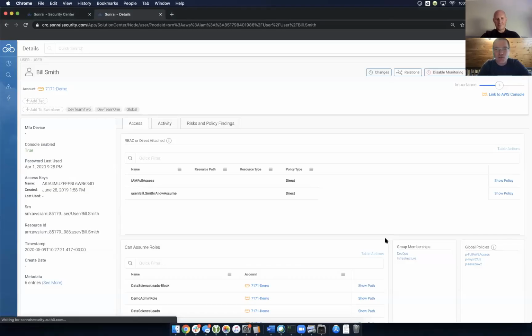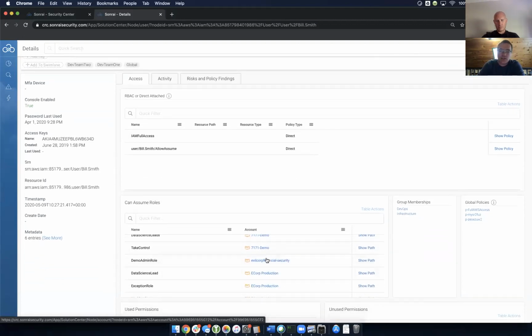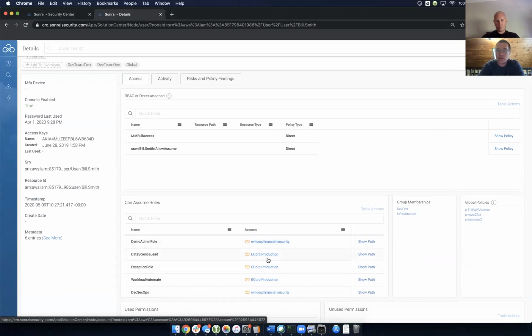Yeah. Again, it's graph. So the great thing about graph is you get lots of great visuals. So this happens to be a person identity. It's Bill Smith. And Bill's got a couple of interesting things. He's got a bunch of different kinds of permissions that are directly attached to him. He's also in a couple of groups where he's in a DevOps group and an infrastructure group. He's got a bunch of different roles he can assume based on that across multiple different accounts. So you can see he's in this demo account, he's in the security account, and he's in the production account. And with all these clouds, there's the concept of denies and policies and security controls that block things.